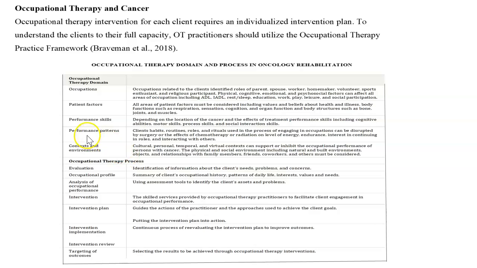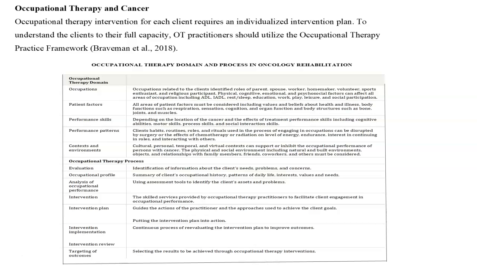So starting with their occupations, this domain and process highlights all the factors here: patient factors, performance skills, performance patterns, context and environment where they live, or what are their rituals. We are considering all their factors such as home environment, do they live by themselves, or their religion,